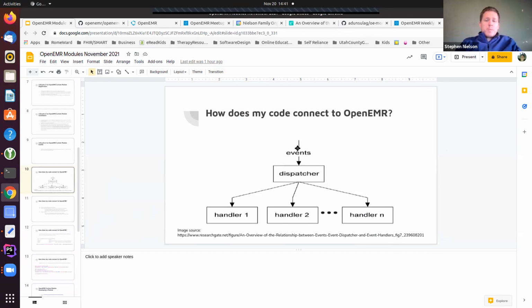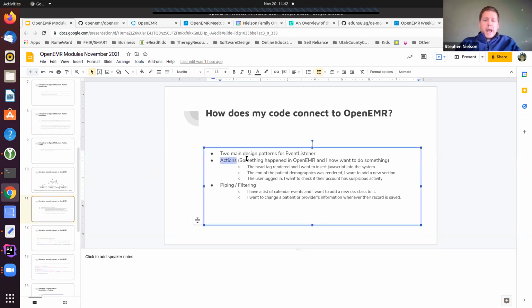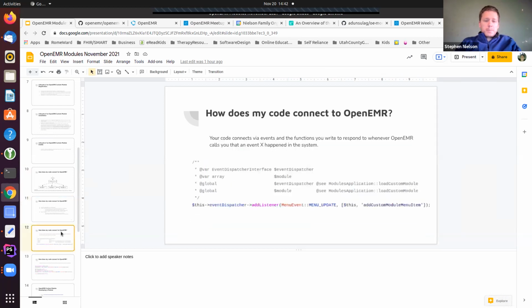When something happens in OpenEMR, it's going to fire off an event and say something happened. And at that point, your module is going to have the opportunity to step in and do stuff. The two types of things it can do are an action, where I want to just do something, or I want to change some value inside of OpenEMR, right? A name or the weight, as you were saying, to display what's displayed on top of the patient demographics, right?